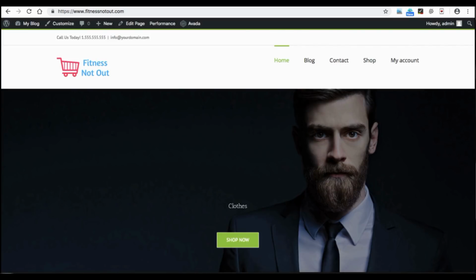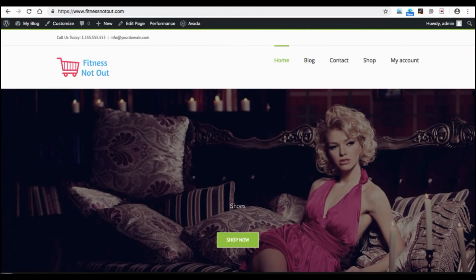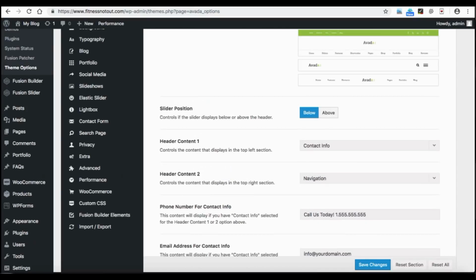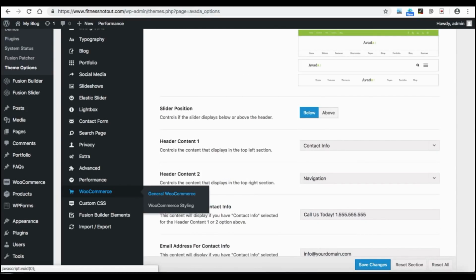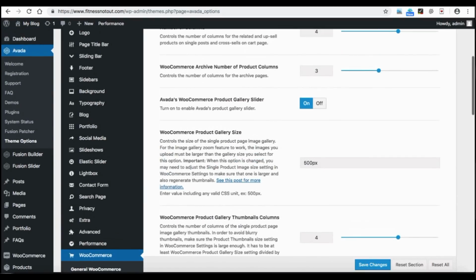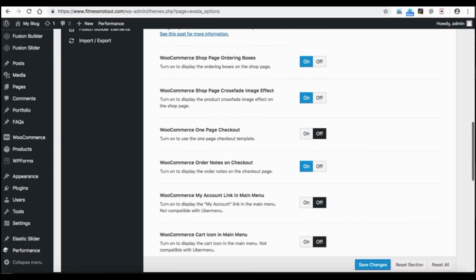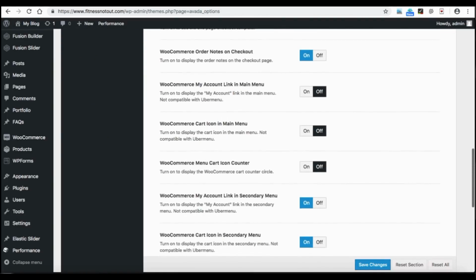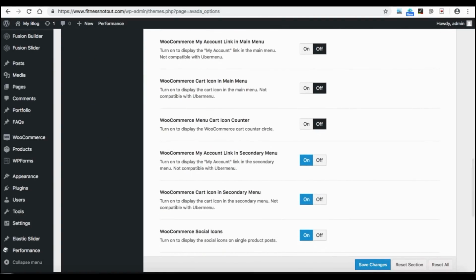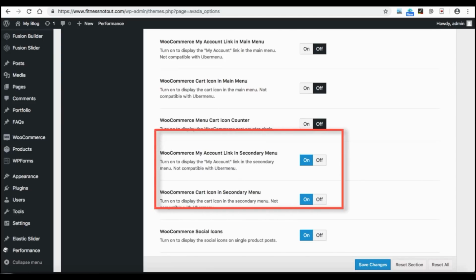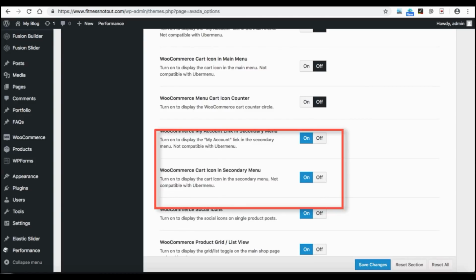So for displaying my account and cart on this area, firstly go to this theme options and then WooCommerce. Jump to this general WooCommerce. Here we have a lot of options to select. Just scroll down and we get an option like WooCommerce My Account link in secondary menu, so keep it enabled, as well as WooCommerce cart icon in secondary menu, so keep this enabled as well. Hit save changes,